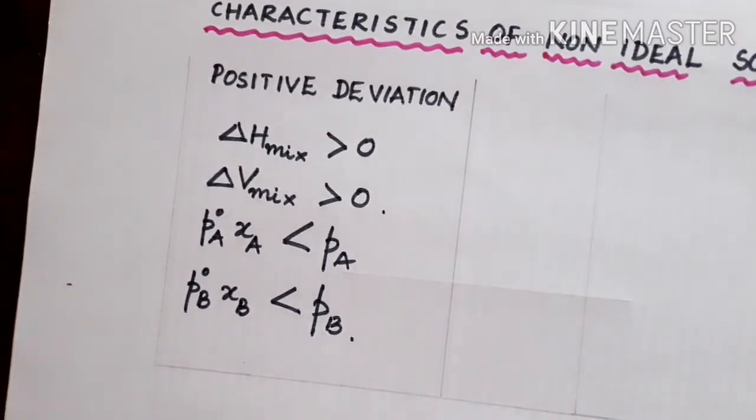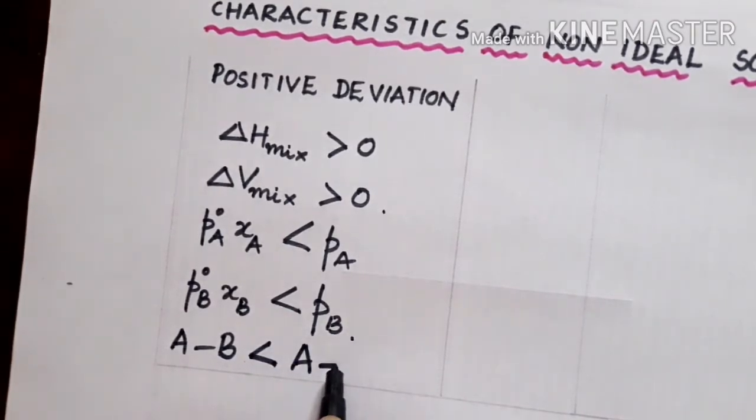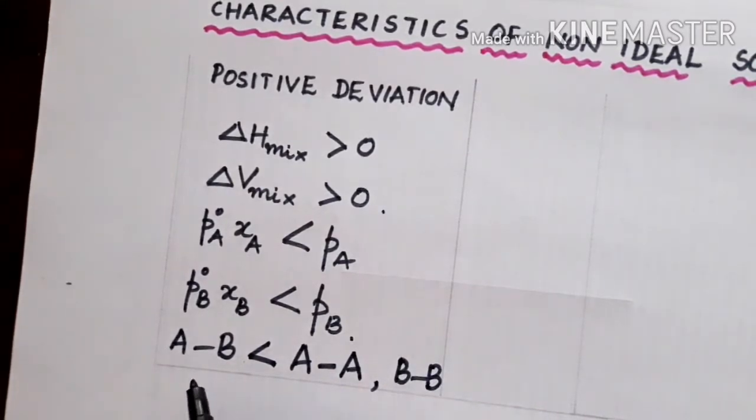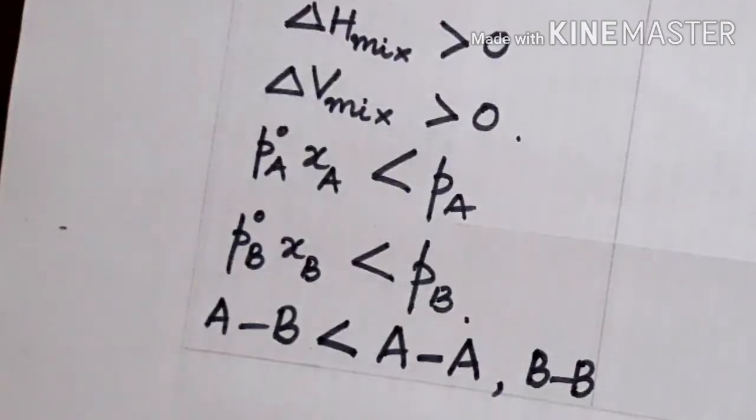These conditions occur when A-B interactions, that is solute-solvent interactions, become weaker than solute-solute interactions and solvent-solvent interactions. That is, solute-solvent interactions must be weaker than solvent-solvent or solute-solute interactions. This happens in the case of